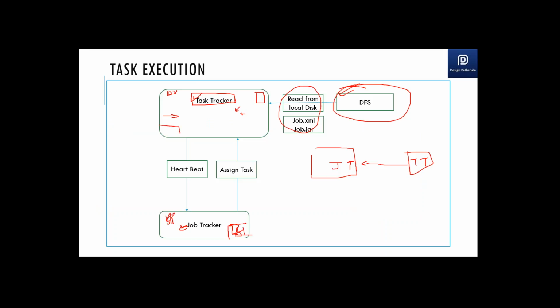This data node was running for some block, say block B1, and while running, some error comes up. So this task tracker will send a signal that the process failed in between, that the particular JVM failed. The job tracker maintains that state, and if a request comes up for the same block later, it will not send it to this data node. It will send it to some other data node instead, and it will also send the corresponding job to a different data node. Everything is taken care of at the back end.